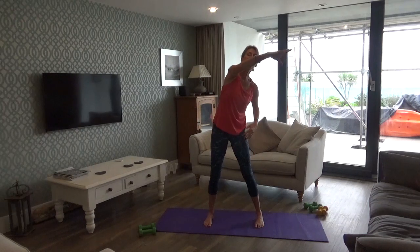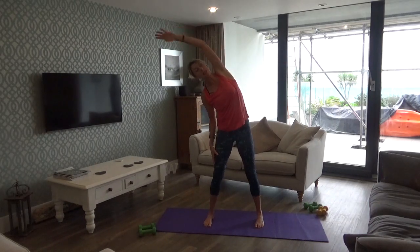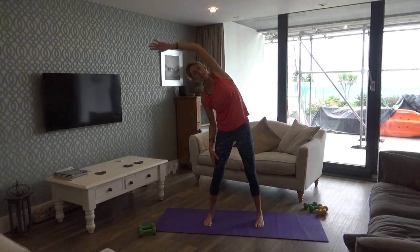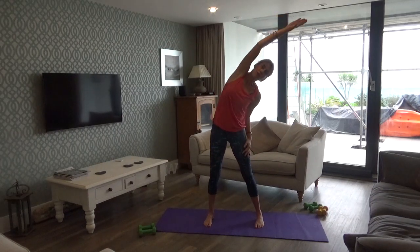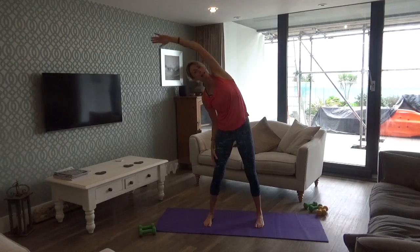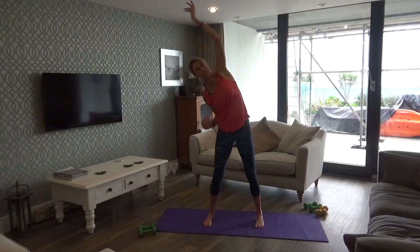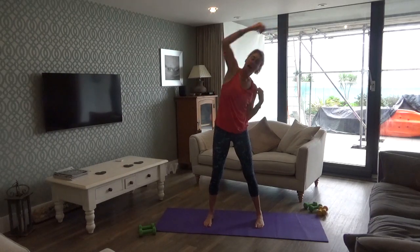We're not going over here. We're going up by our ears if we can. If you can see your arm really clearly through the corner of your eye, it means it's not far enough back. Don't let your hips go out like this. They're fixed in that vice. They can't move, and you're just